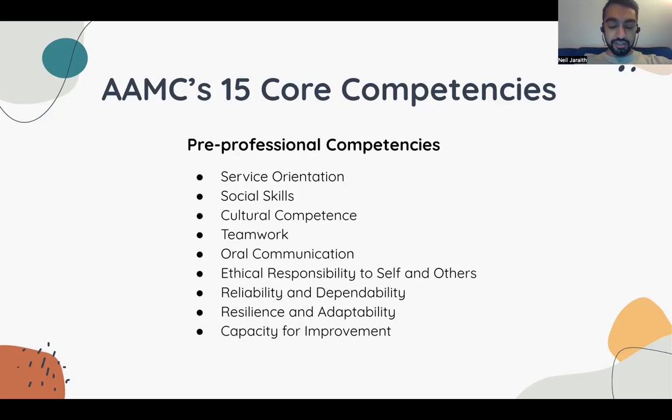Teamwork, oral communication, these are things that you've probably worked on your whole life, probably not just for medical school. Ethical responsibility to self and others should be sort of a given, but is important to demonstrate when you're applying to medical school. Reliability and dependability. I think this is something that can come across best maybe through your letter writers. They can speak to these qualities better than maybe a written application could. Resilience, adaptability, and a capacity for improvement. I think these are all things that you can